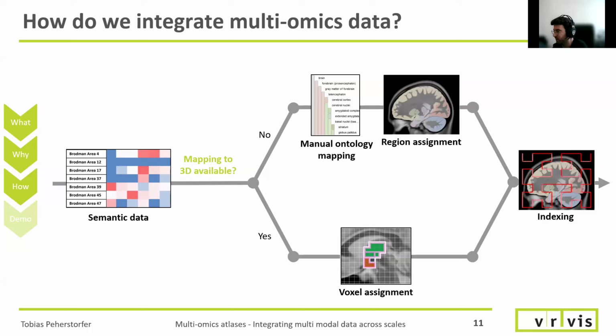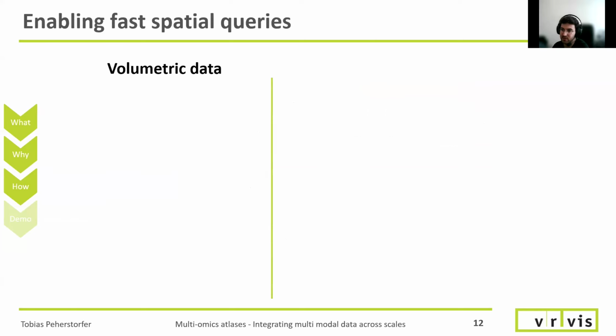So now I've dodged the topic of indexing long enough. Let me get to it. Indexing, as I talked to you before, is basically about enabling queries fast. So we want to be able to explore this data really fast. And the keyword here is spatial queries. Spatial queries are the process of, let's say, asking in your reference space, you pick a specific voxel and you ask, what are the values, which genes are highly expressed here? You ask that question to